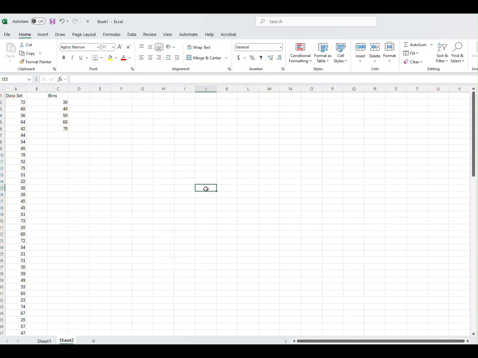Now, when you want to do a frequency distribution, you must also define the bins. So I will say that I have here the bins 30, 40, 50, 60, and 70. When you define these bins, it will give you, in this case, for these 5